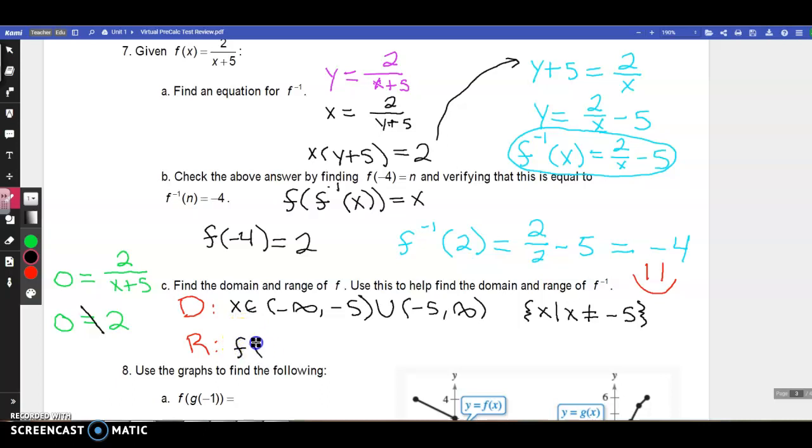So to write this, we can do similar to what we did above. We can say f of x is contained in negative infinity to 0, union 0 to infinity, or you could say the set of all f of x values such that f of x does not equal 0. So either way is fine. Remember, I don't care how you write it. I just care that you can read both. All right,